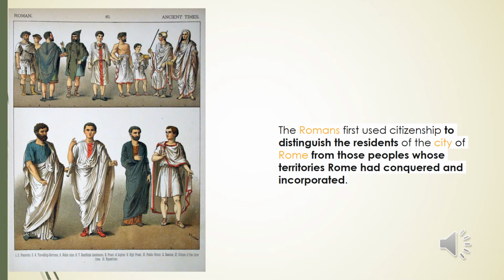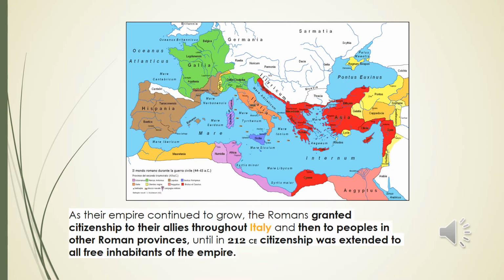The Romans first used citizenship to distinguish the residents of the city of Rome from those peoples whose territories Rome had conquered and incorporated. As their empire continued to grow, the Romans granted citizenship to their allies throughout Italy, and then to peoples in other Roman provinces, until in 112 CE citizenship was extended to all free inhabitants of the